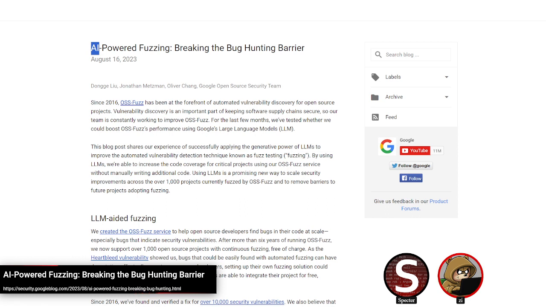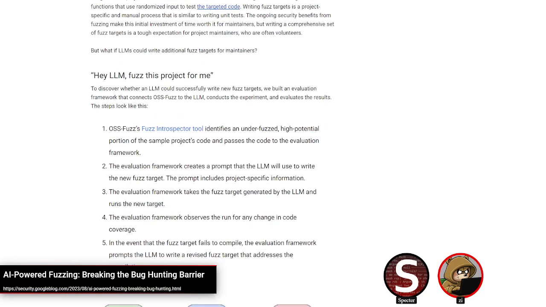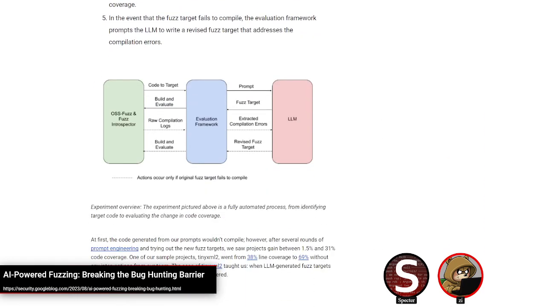That said, one of the places where even I've been using AI has been to generate code, using Copilot for myself in the IDE. It'll generate some code for me as I'm writing it, saving me a few seconds here and there, which adds up. So what they've looked at doing here with the LLM-aided fuzzing is using the LLM to generate the code as part of the test harness. They're generating some of the test cases and all of that, which I think is a good use for this. It is something that LLMs have shown themselves to be able to do fairly well.